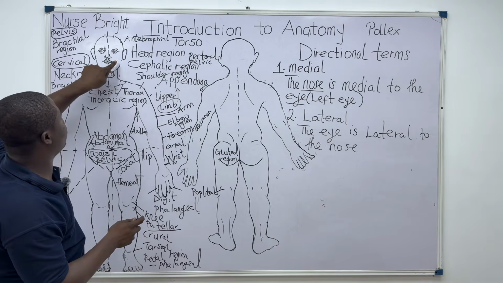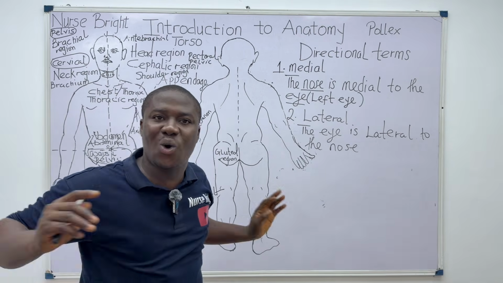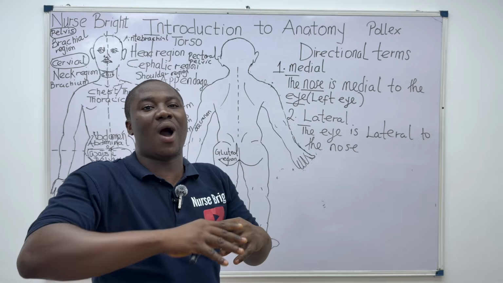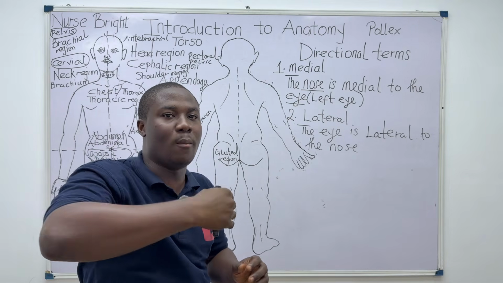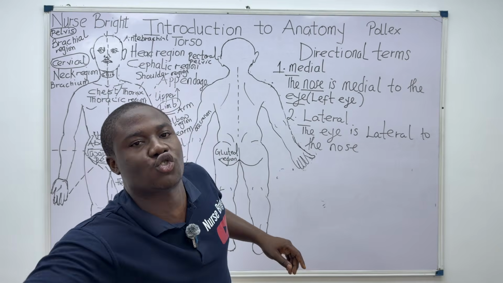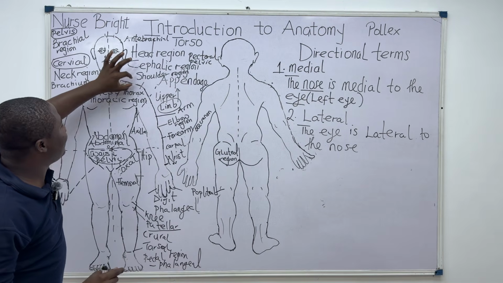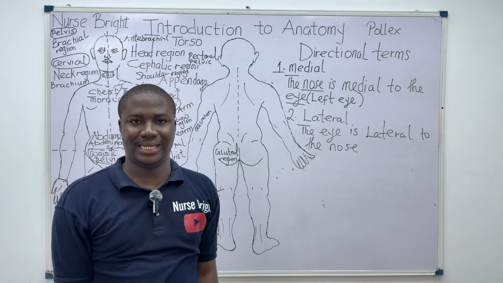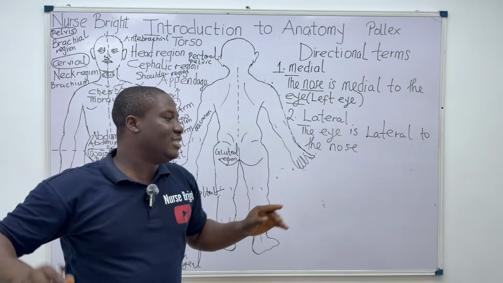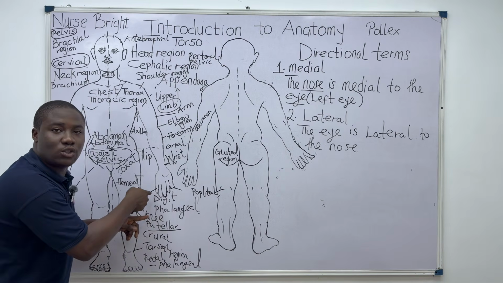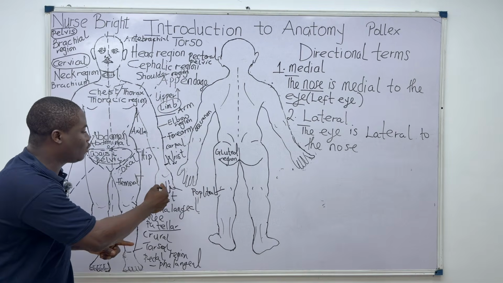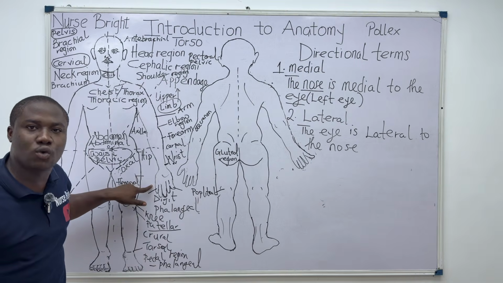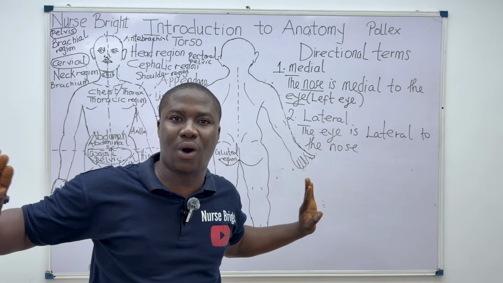Using more examples, the cheek is lateral to the mouth. It's not hard. All these things are easy. You can see how it works. Whenever you are lateral, you are farther away from the mid-plane. So that structure must be farther away from the mid-plane in comparison with another structure. That's how it works. So in this case, the clavicle is lateral to the sternum or the breastbone. Now comparing the thumb and the little finger, the thumb, also called the pollex in anatomy, is lateral to the little finger. That's how all these things work. They are not hard at all.